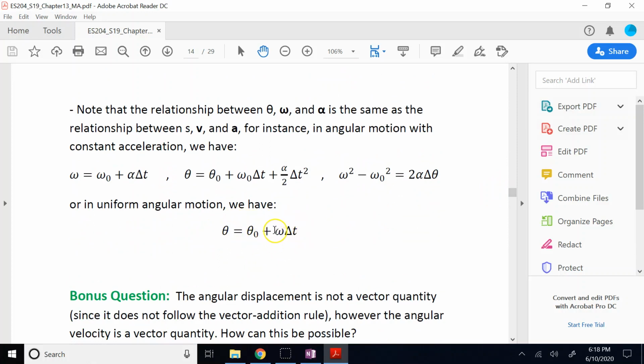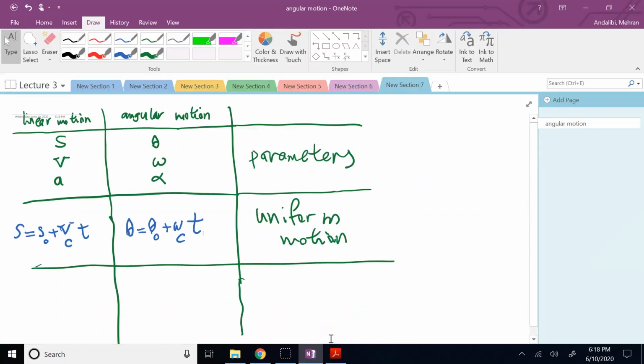Uniform angular motion, that's where omega is constant. Where in real life do you see a constant omega? Probably in your clocks, right? As long as the battery is good. It's a constant omega. So the change in angular position of the handles is linearly proportional to omega versus time. Then if I have constant acceleration motion,